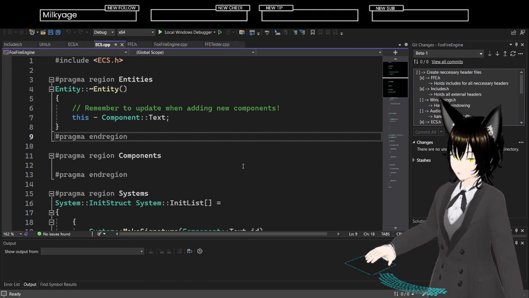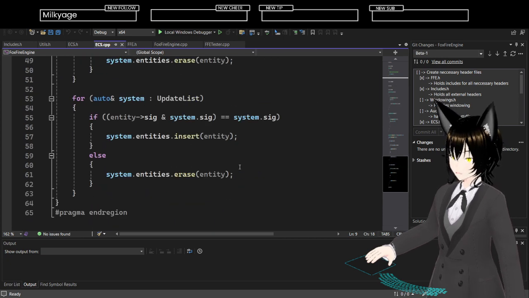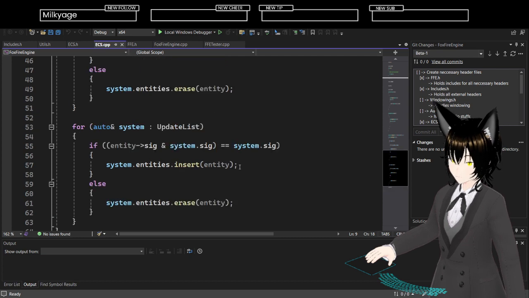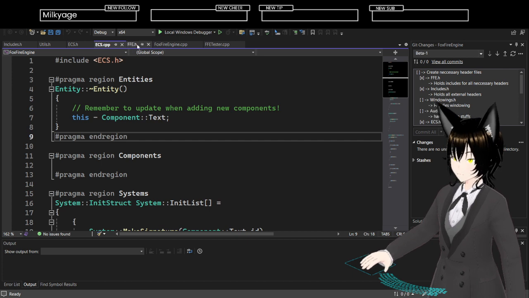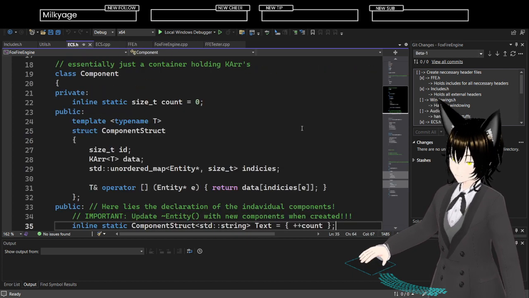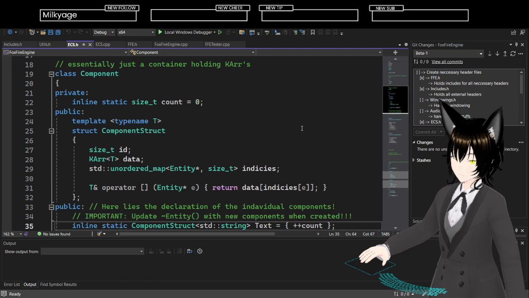It's absolutely because I don't like how the entity component system is currently working. So let's take a closer look at the entity component system as is and see where things are bad.